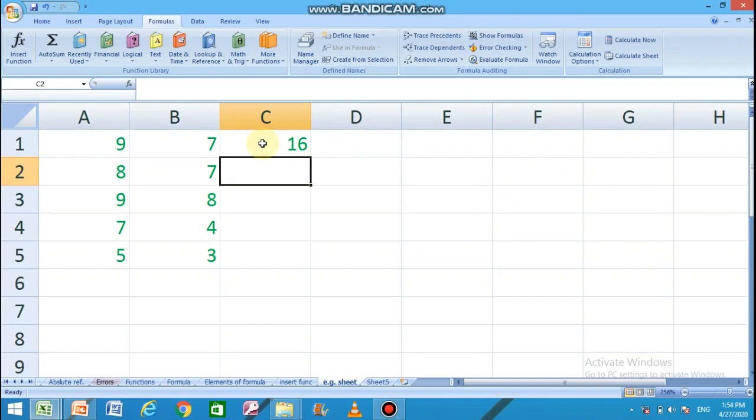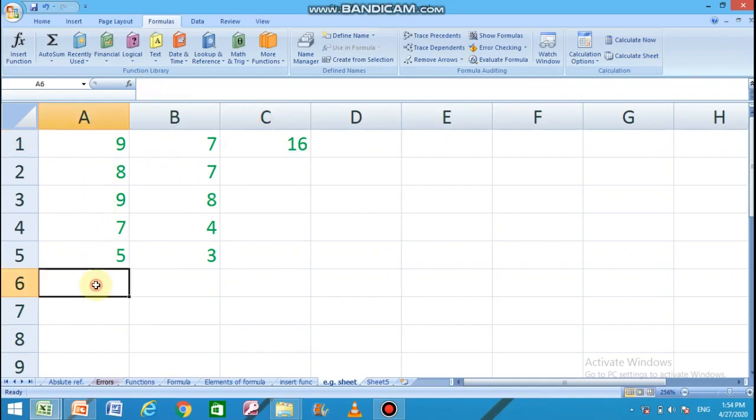Now suppose I have to add all these numbers, 9 plus 8 plus 9 plus 7 plus 5. So I do not need to write all those cell addresses like this, A1 plus A2 plus A3 plus A4 plus A5.